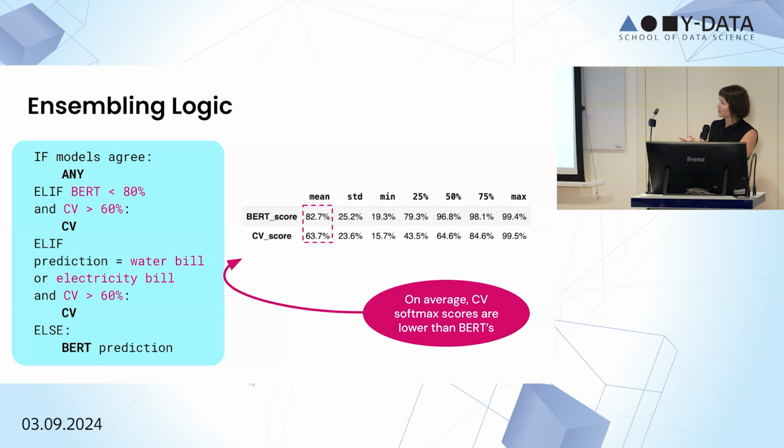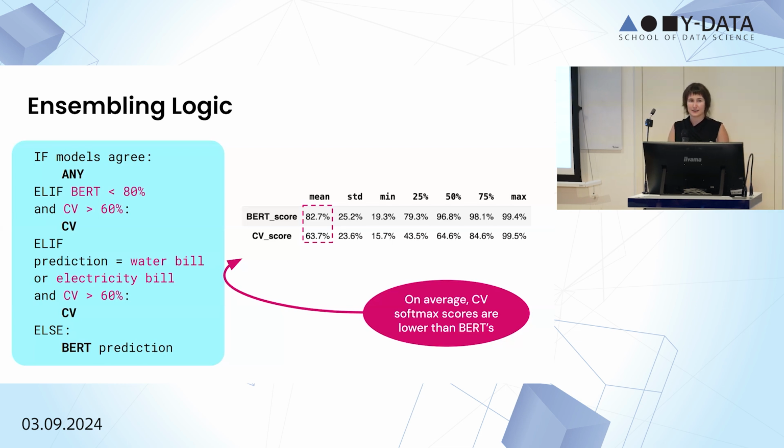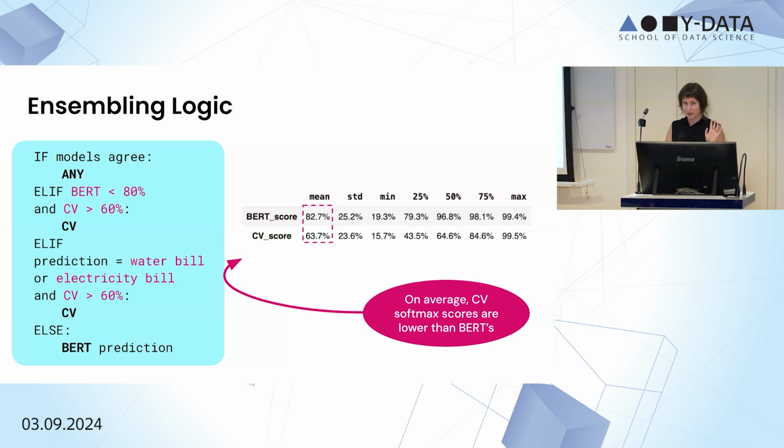Each score is an output of the softmax function, and it looks pretty much like a probability. It's not a probability, but it looks very much like it. It's a number from 0 to 1, and it shows basically how confident the model is that the document belongs to this category. So I checked the distribution of softmax scores,